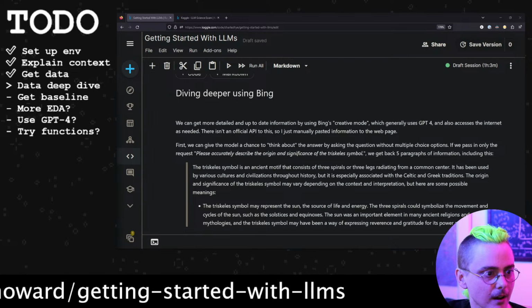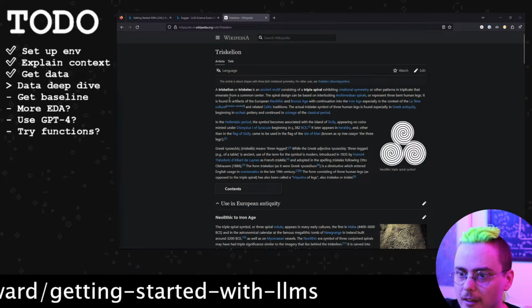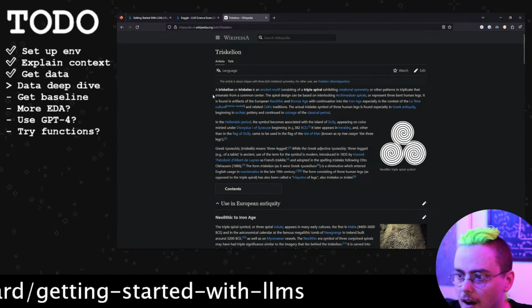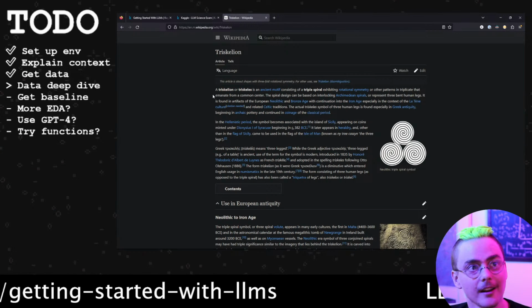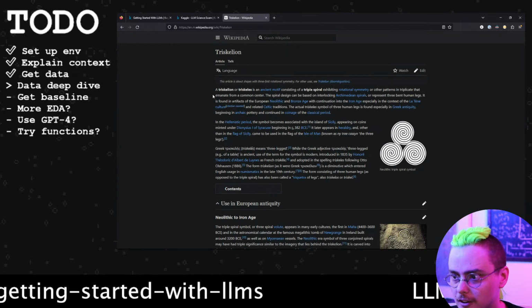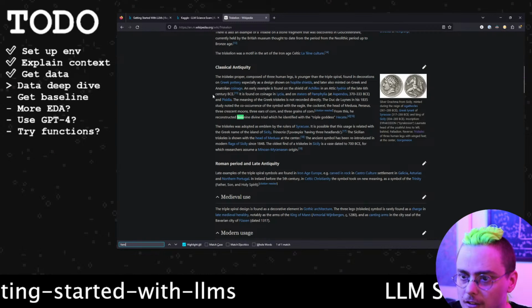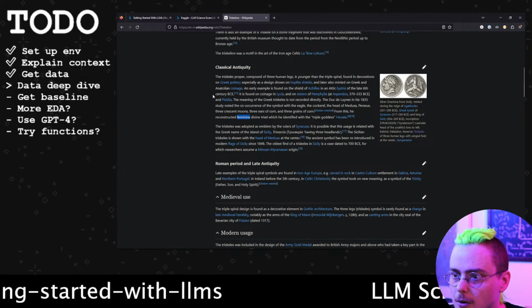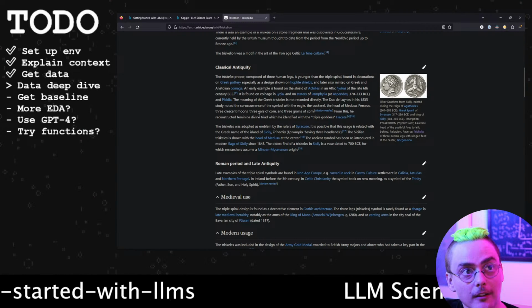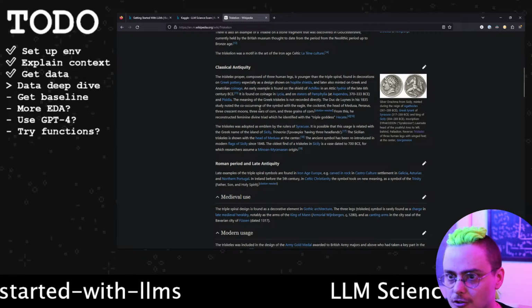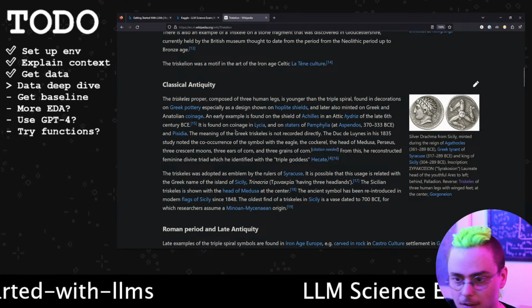We'll grab this Wikipedia page, and we want to try and find out whether the answer is in here. I think the substance of the difference between the two answers was talking about headlands in one answer versus talking about the feminine divine somewhere in the other answer. So one way to do this without going to a language model is to just do some quick searching in this Wikipedia page for terms that were in the two answers.